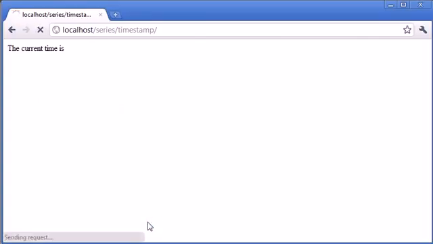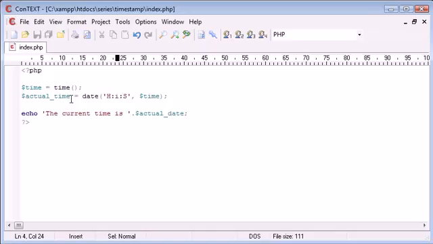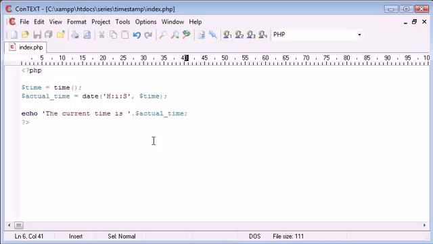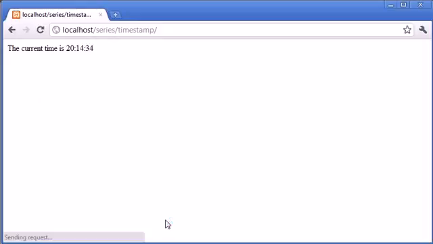Let's refresh, and you can see what's happened. Oh no, what's happened? Okay, that's because I've put actual date instead of actual time there. That's my variable naming wrong there. So let's refresh and we'll see what's happened. Oh, we've got ST there. Oh, that's a small s. Refresh. So, okay, now we're showing the current time is